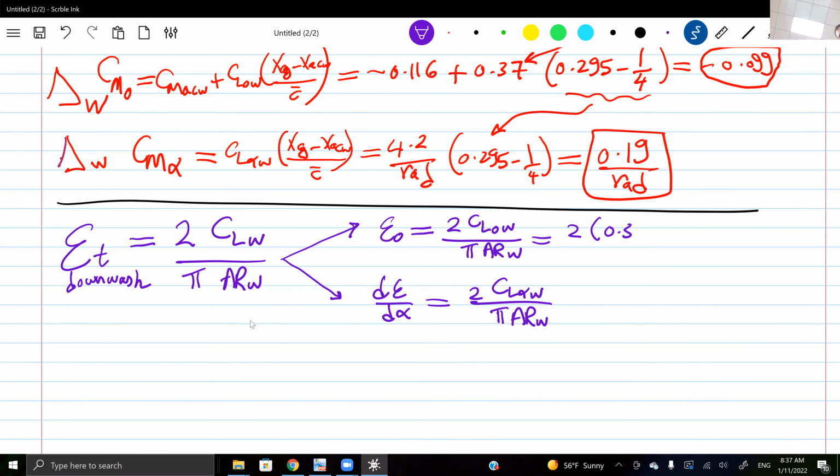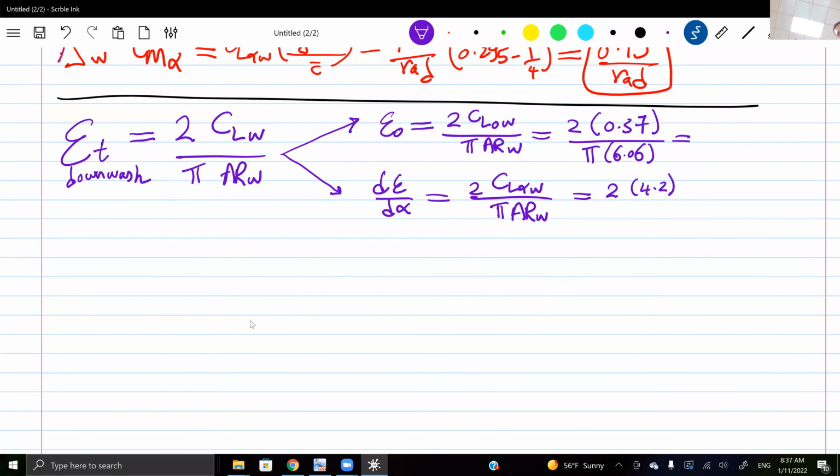We got it from above, was 0.37, by aspect ratio of the wing, 6.06. And the same here. This is 2 times CL alpha wing, which was 4.2 per radians. In these two relations, we need to stick to per radians, divided by pi times 6.06. This is the aspect ratio. So we got this as a number,